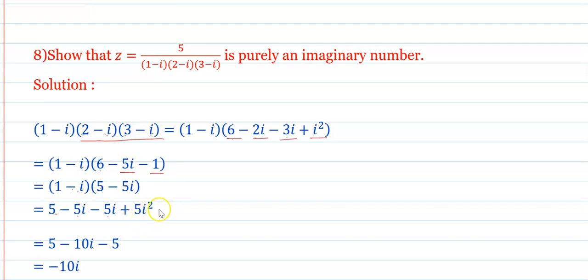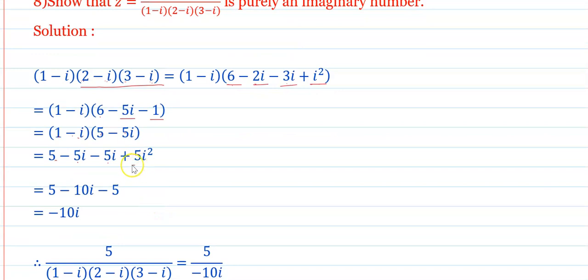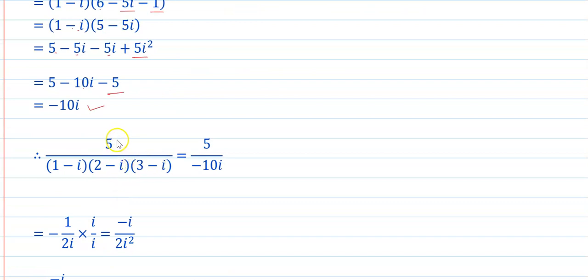But what is the value of i square? i square is minus 1 and hence it becomes minus 5. Next is minus 5i, you will get minus 10i. Plus 5 minus 5 get cancelled. And overall, you are getting the product of the denominator is minus 10i. And hence, 5 upon in bracket 1 minus i into 2 minus i into 3 minus i, if we replace their product by minus 10i, then you will get here,